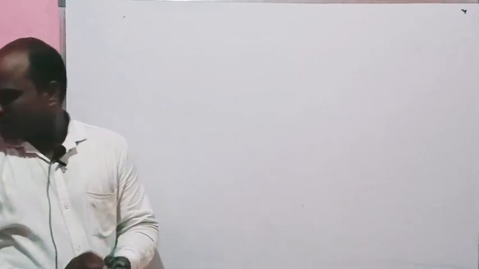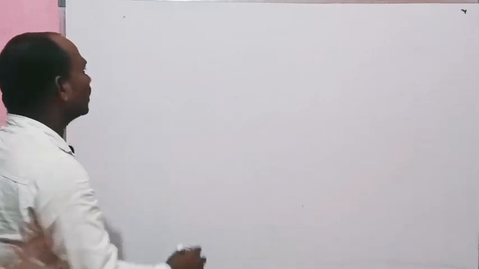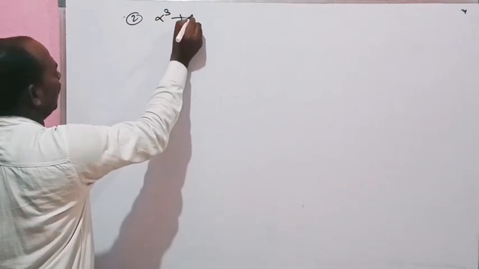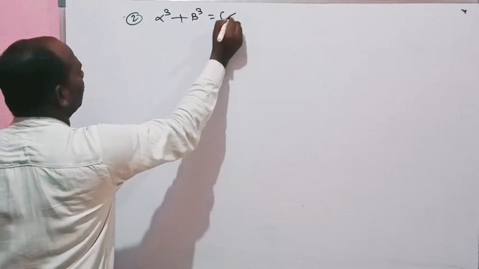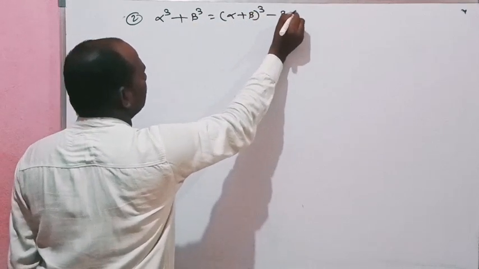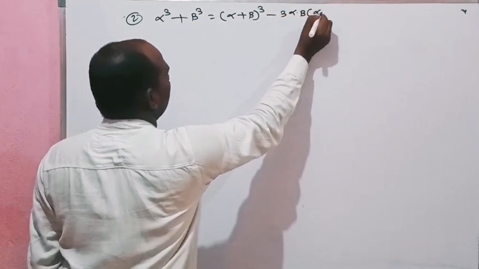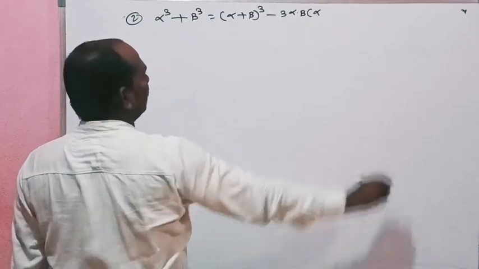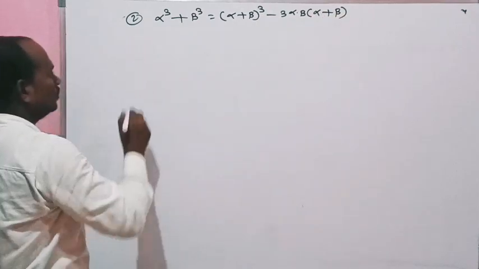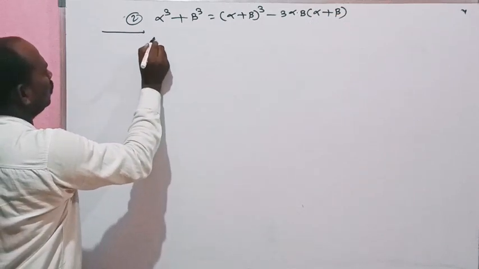Another proof is for alpha cube plus beta cube. Now, alpha cube plus beta cube is equal to alpha plus beta its cube minus 3 alpha beta bracket alpha plus beta. Now we know that